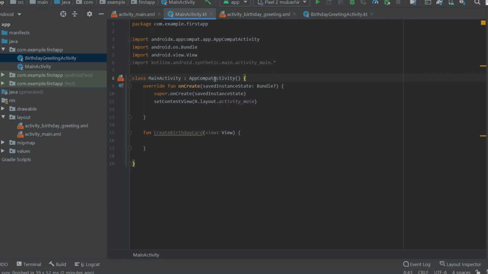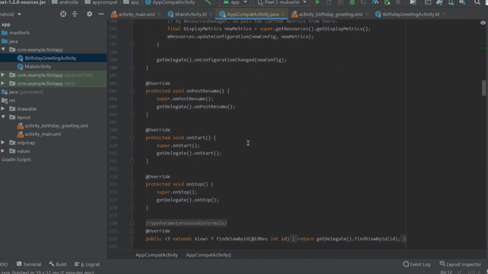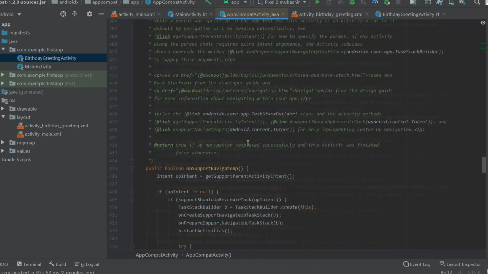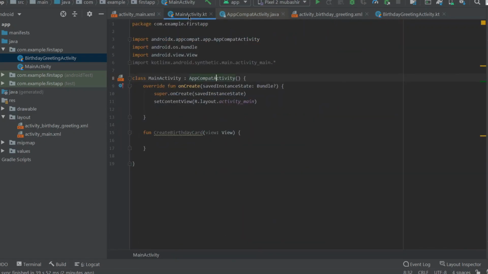App compact activity is also a file here. There is so much code here which has many functions in this. This is what we say inherited by this main activity. So all the functions which are in app compact activity can be accessed by this main activity here. So this is the meaning of this line.